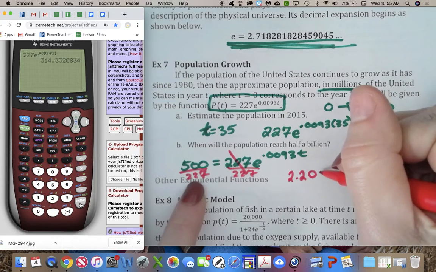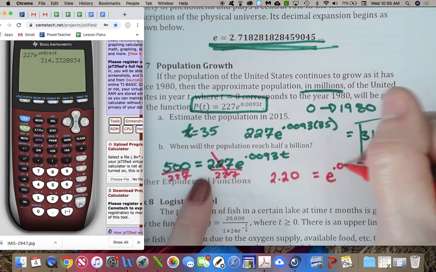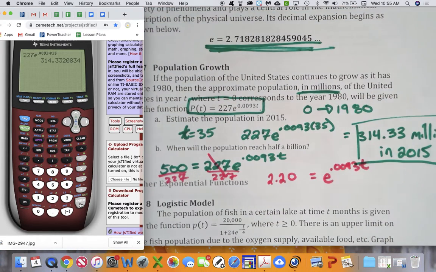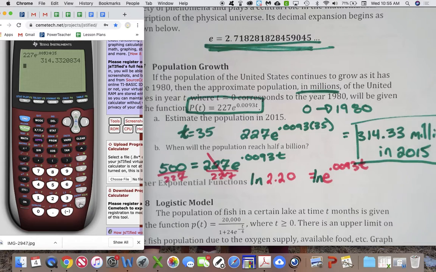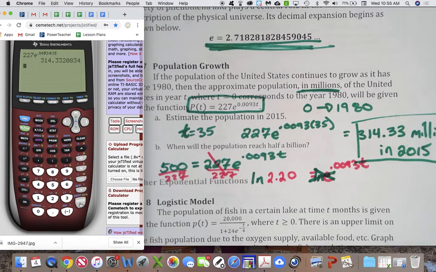Okay, we'll do this: 2.20 equals e to the 0.0093t. Now this is the beautiful part. To get that t out of the top, you would have to natural log both sides, or log both sides, right? When you do ln, it gets rid of e. There's nothing there. So when we use ln and there's an e involved, these two just go away. There's not an e left in the equation. So we have ln of 2.2 equals